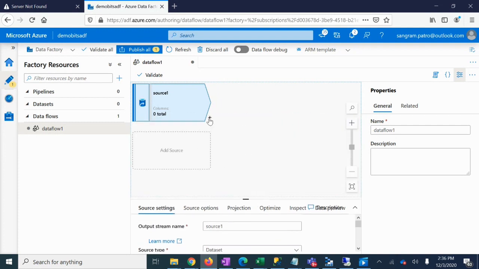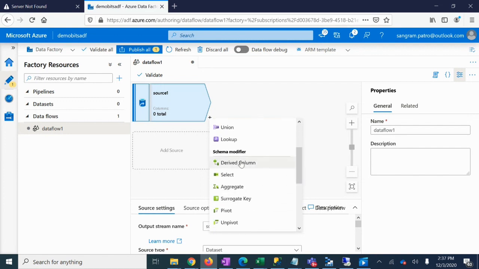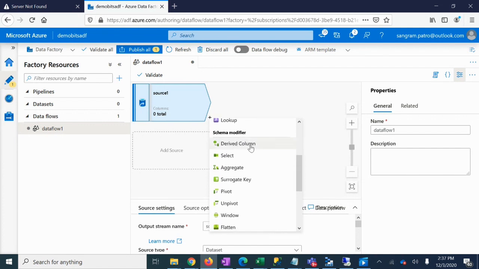And I will just highlight what all activities you can use. So you can see here, we can perform join operations, conditional split, like if you want to perform some actions for birth year 2000 and lesser, that flow will be different, and people with birth year greater than 2000 will have a different flow. Exists, union of two datasets, and if you want to look up some data, you can do that here. And there are some other transformations, like you can create a new column while the data is in motion, and select, where you can project only the columns which are required, do some aggregation, create a new surrogate key along with the data movement, and do pivoting, unpivoting, and then apply some grouping function, or rank, dense rank functions using window function, flatten.